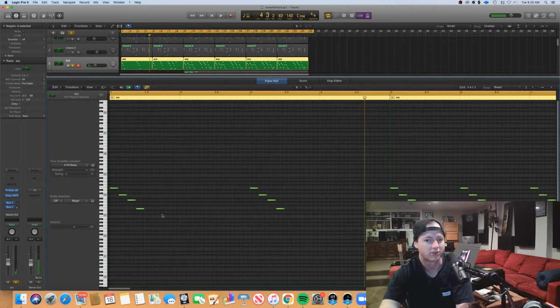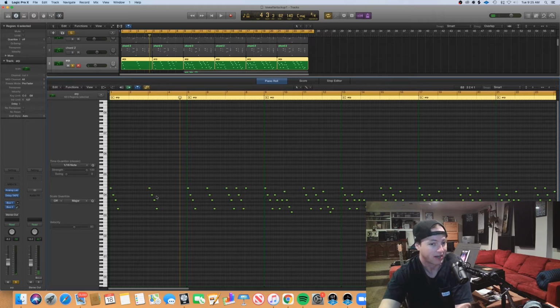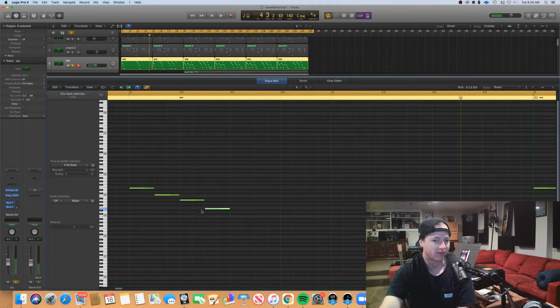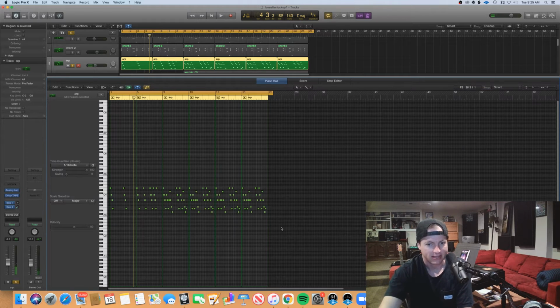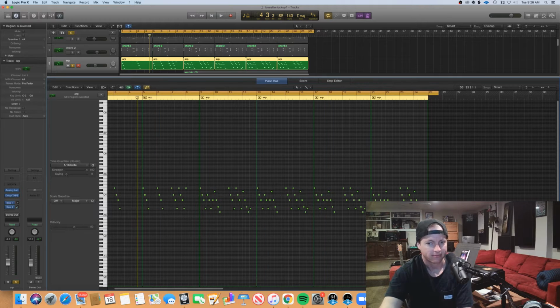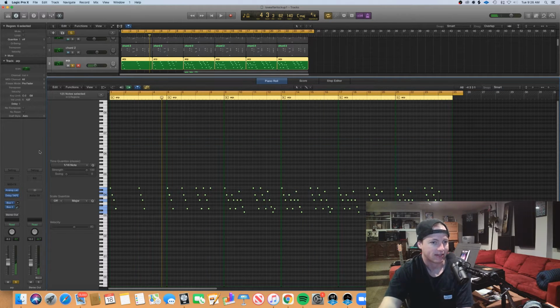All right, so there's three elements that we want to vary. One element is attack, or basically where the notes start. Since I wrote this on the grid, each of these are perfectly on the downbeat. Now, since the fastest rhythm I'm working with is eighth notes, if I were to grab this, I could take advantage of the quantize feature over here by putting it to eighth note, and I could swing out those eighths.